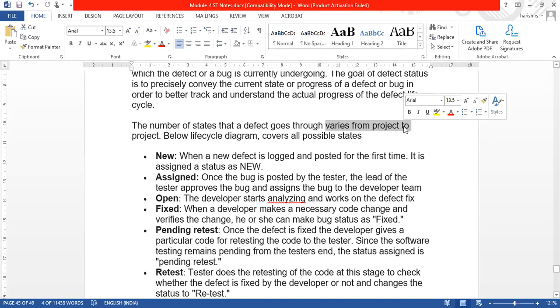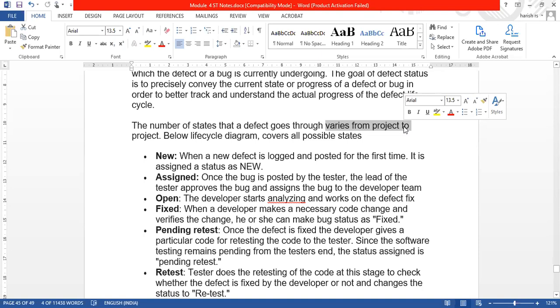What are the different types of stages or statuses a particular defect can have? There are nearly 11 to 15 stages or statuses. Let us see each of them. Yesterday we discussed each, but let us have a revision of it and proceed.